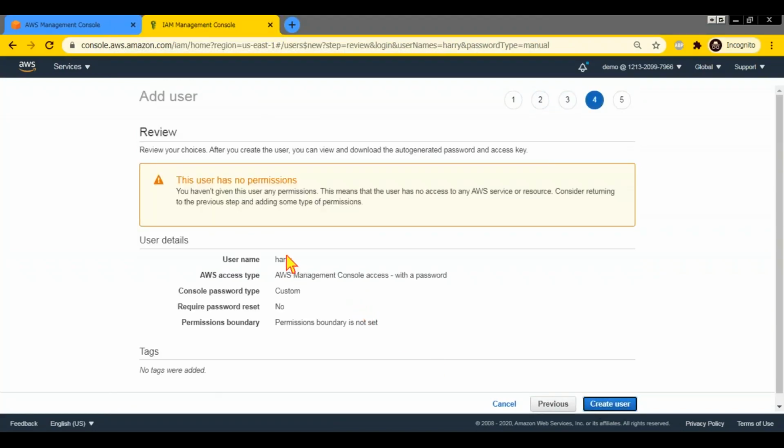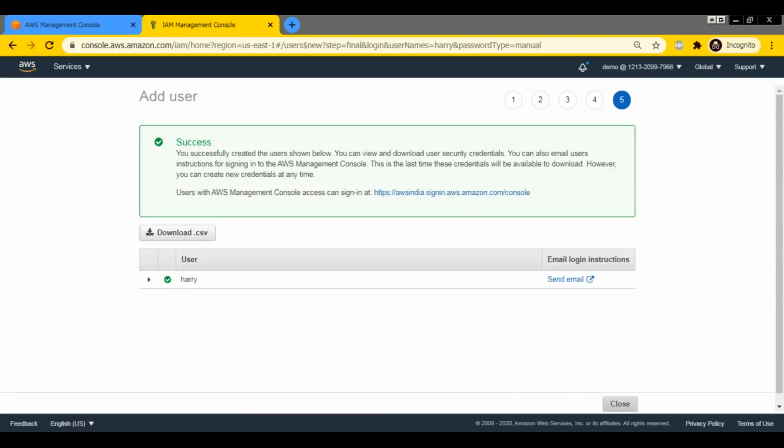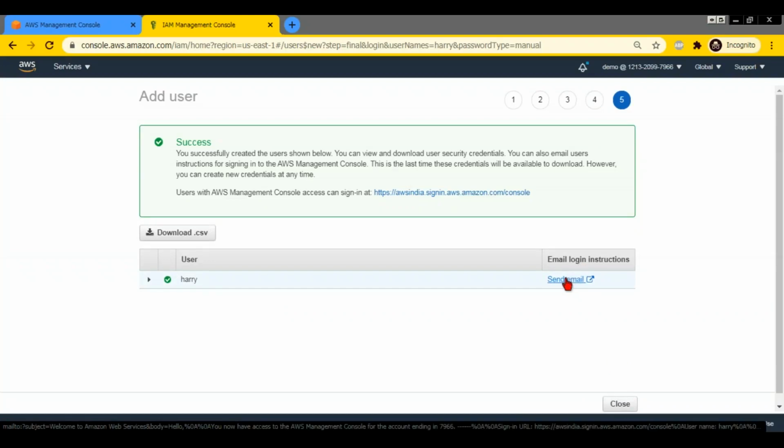So I'm creating a user called Harry who has permission to the management console with a password, and we have given some password and all that. I'm saying create user. Okay, this user has been created. If you click on this, it will open your Outlook or your email client and fill in certain information.